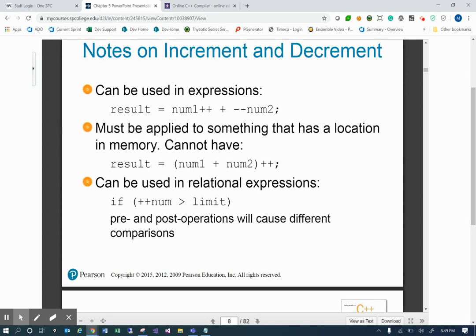So some notes on incrementing and decrementing. It can be used in expressions. So this is a pretty big no-no in most organizations, and the reason being is that it really makes that line of code extremely difficult to read. And when you're going to debug this at some point in your life, you're going to be really mad at yourself for using that line of code. But what's going to happen is it's going to make